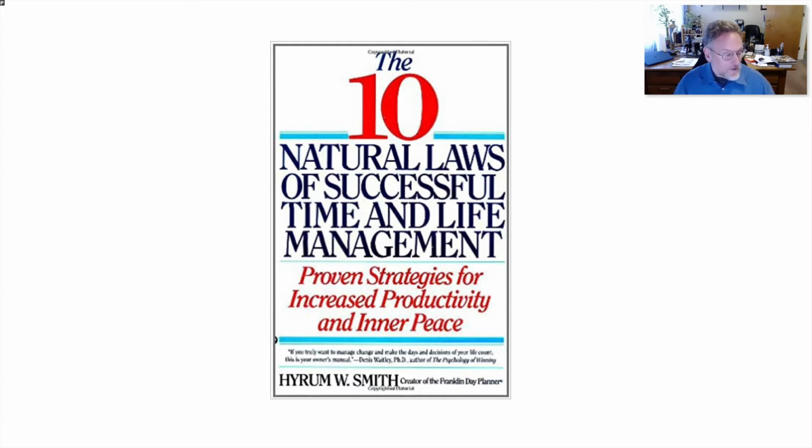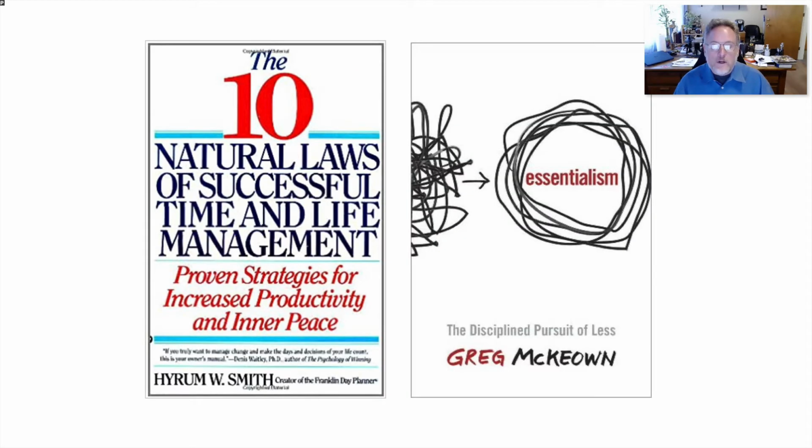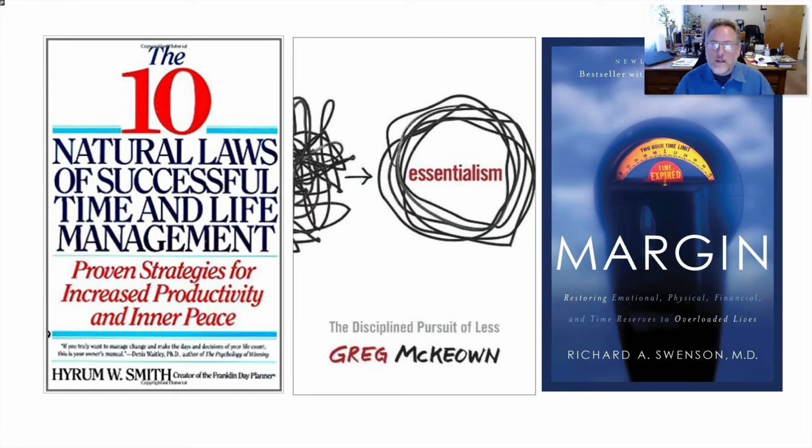There are 3 books that I use to speak to my task management. This is the first one. This one focuses on having values dictate what tasks you do. And his philosophy is if you are doing tasks that are in line with your values, you will always be at peace. The second book is Essentialism, and that keeps stray things from coming into OmniFocus. I have a specific work to do, and that is what OmniFocus is for. And the third is Margin.